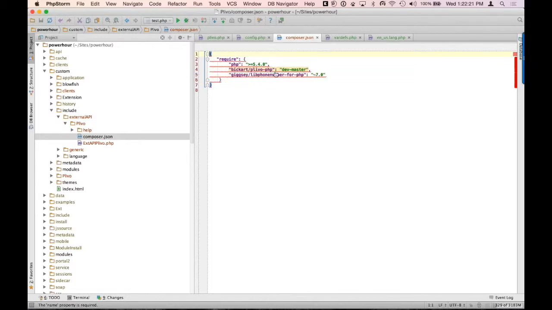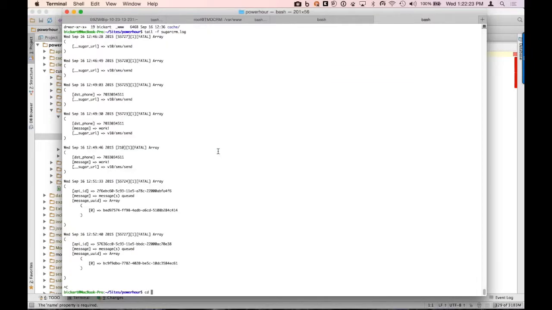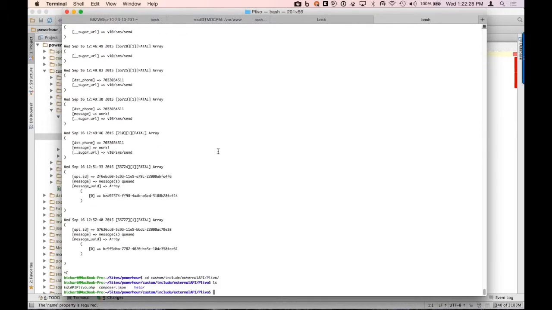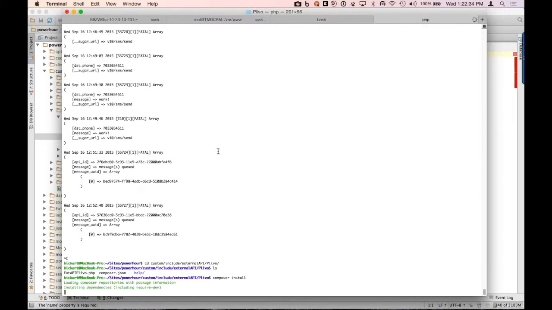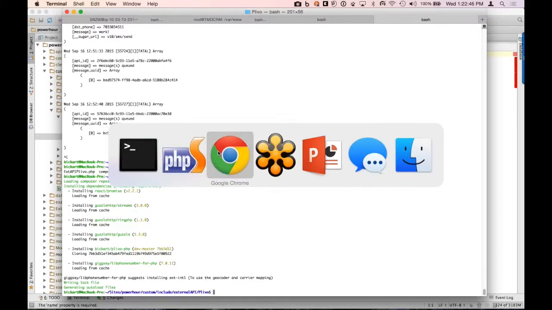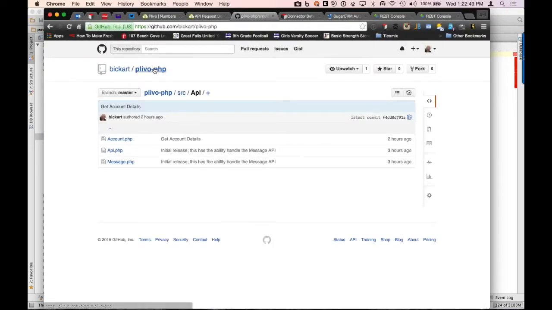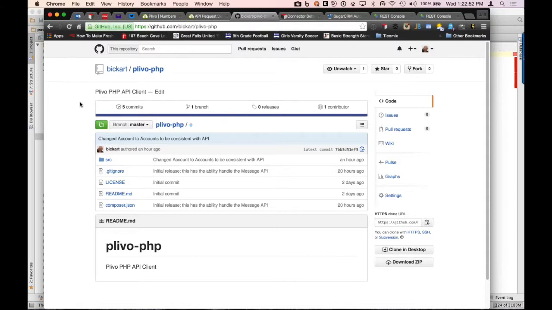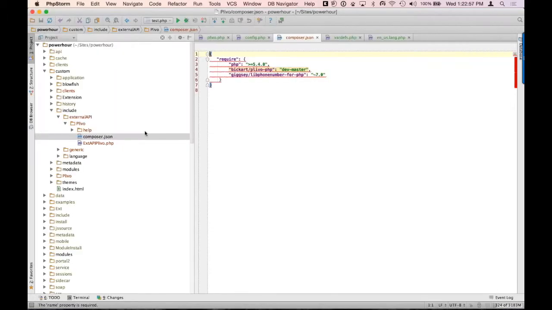and it's on GitHub. So I'm actually going to go onto my terminal here, and I'm going to install my Composer, and it's going to download all of the stuff that is part of my repository. And this is available to anybody, so please feel free to download and take a look at it. We can look at it on GitHub if you're interested. I'm going to look at it inside of Sugar or inside of PHP Storm just because